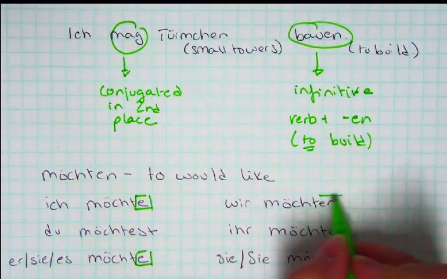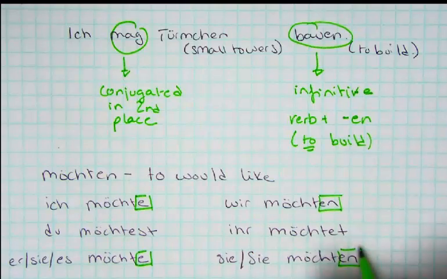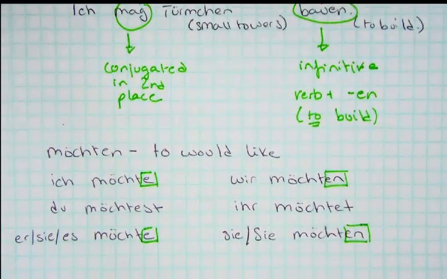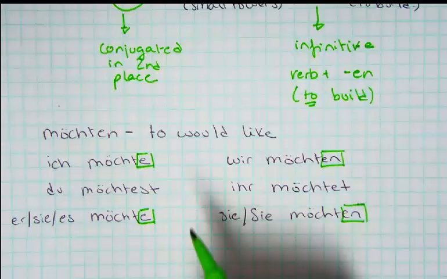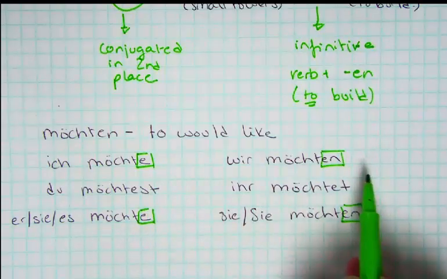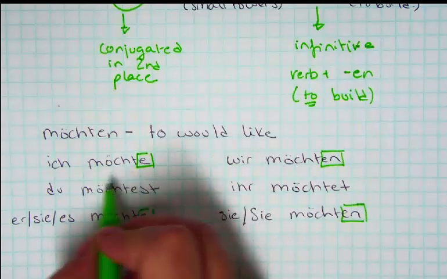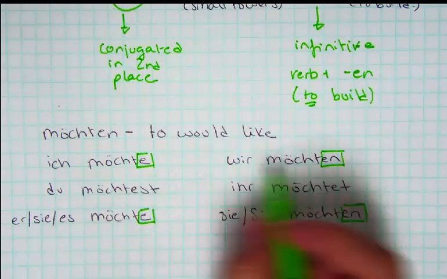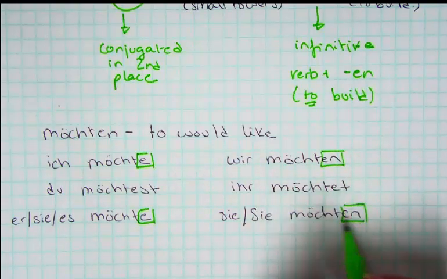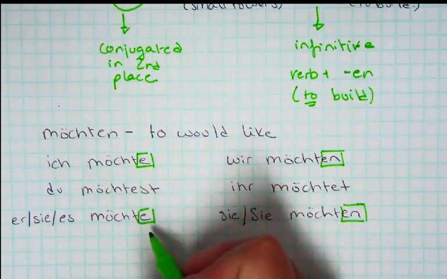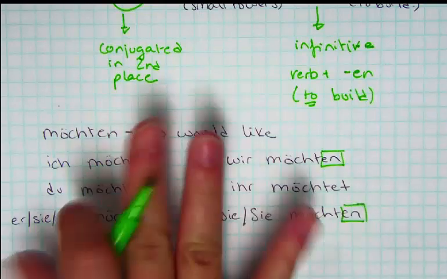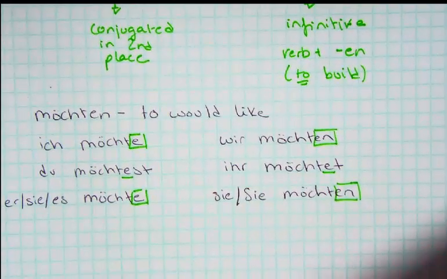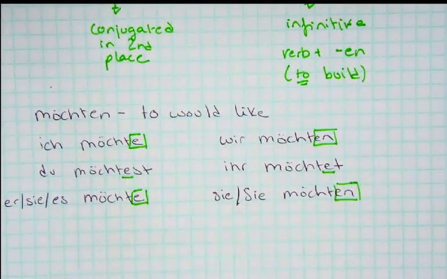So if you look at the pattern of endings, you have the same pattern, that first and third in singular match, just like they do in plural, right? First and third match. So we don't have an S10-10 pattern. Please remember that. It is not following your S10-10 rules. However, it is also not fully following the other rules because we have this extra E. So möchte is sort of like your new stem in its entirety, and then you're adding the endings that you have for the other modal verbs. So you have an N, a T, an N, no extra, ST, and no extra. Whichever way you want to remember it, if you want to just memorize this form, that's fine. Just make sure that you don't forget the extra E when you're looking at these forms. So we have all the extra E's.